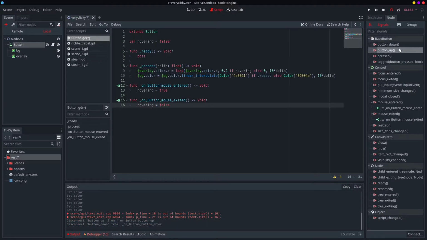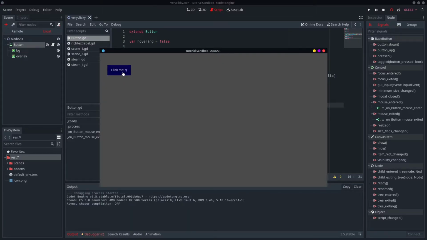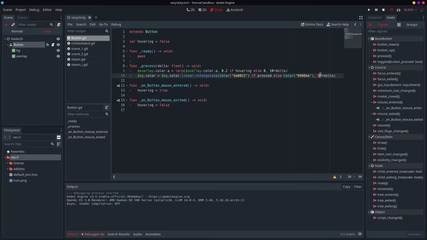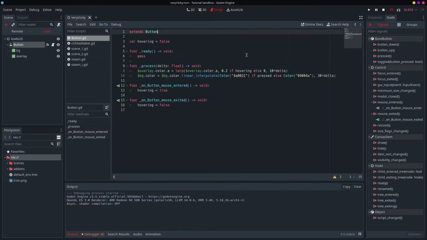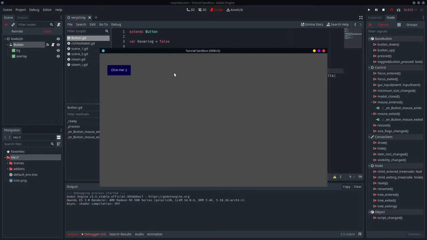And these are still very useful signals. Keep those in mind, but I think pressed will actually do it. And yeah, look at that. I'm going to speed this up a little bit. There you go. And I'm going to turn this down a touch because that's quite bright. And there you go. That's pretty much a DIY button,